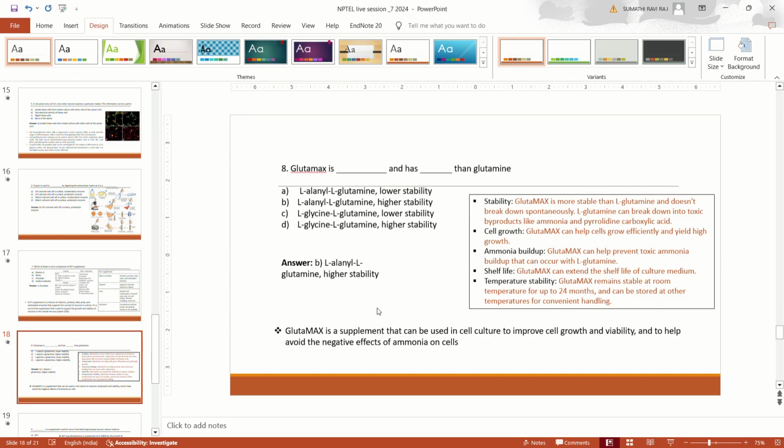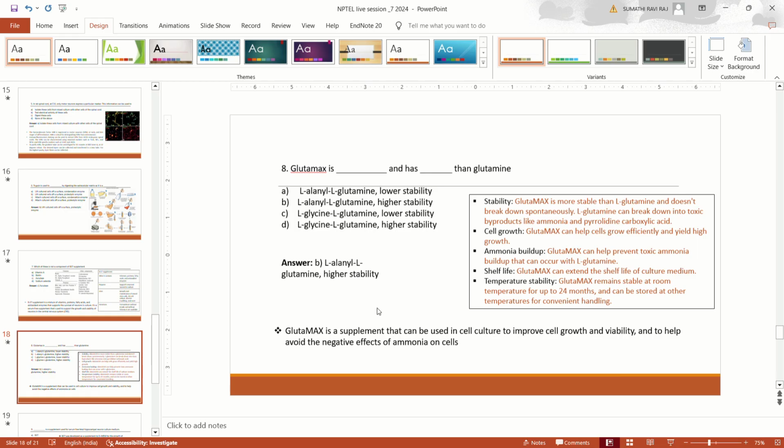Next is Glutamax is dash and has dash than glutamine. So Glutamax is nothing but L-alanine, L-glutamine, and it is used because it is more stable than glutamine. So your answer is L-alanine, L-glutamine, and it is used because of its higher stability than glutamine. The stability of Glutamax is more than L-glutamine and it does not break down spontaneously. L-glutamine can break down into toxic byproducts like ammonia and pyrrolidine